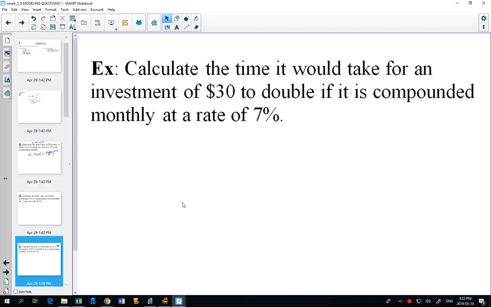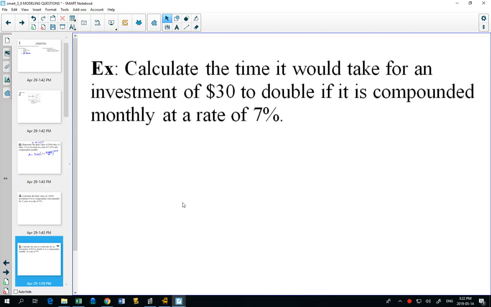So our first couple of examples, there's going to be logs in this one. Our first couple of examples have just been like, plug it into your calculator, life is easy, okay? But this one says calculate the time. And time is t, and t is in your exponent, so you're going to need logarithms to solve it. Because anytime you're solving for x in an exponent, unless you can get the bases the same, you're going to